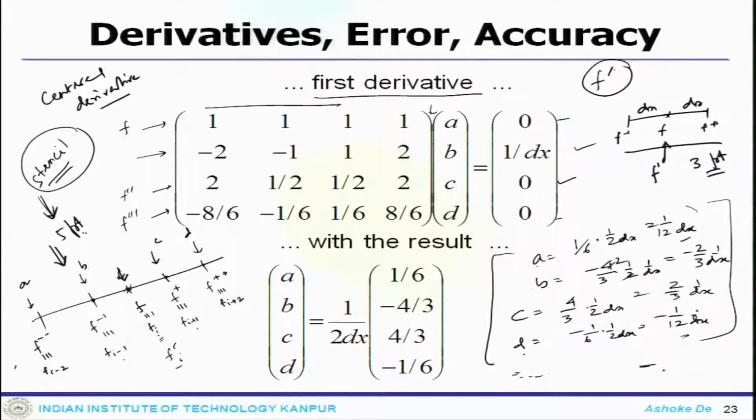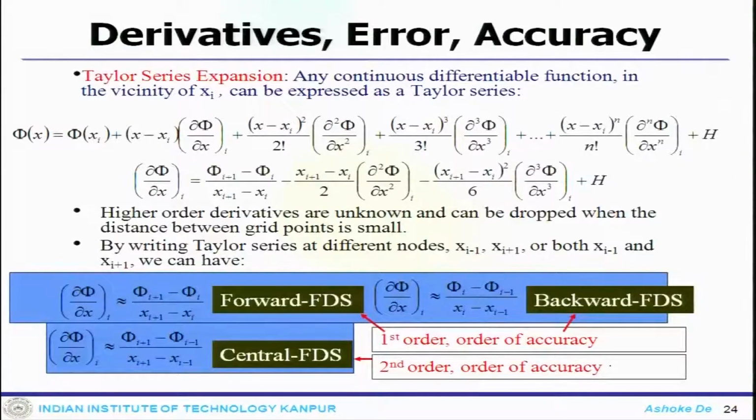But the important thing is that the points are symmetrically distributed around this point, and that is why they carry equal weights, whether it is a 3 point stencil or a 5 point stencil, the weights would be similar. Okay. So now moving ahead, when you look at the derivatives, what we have talked about so far, if you